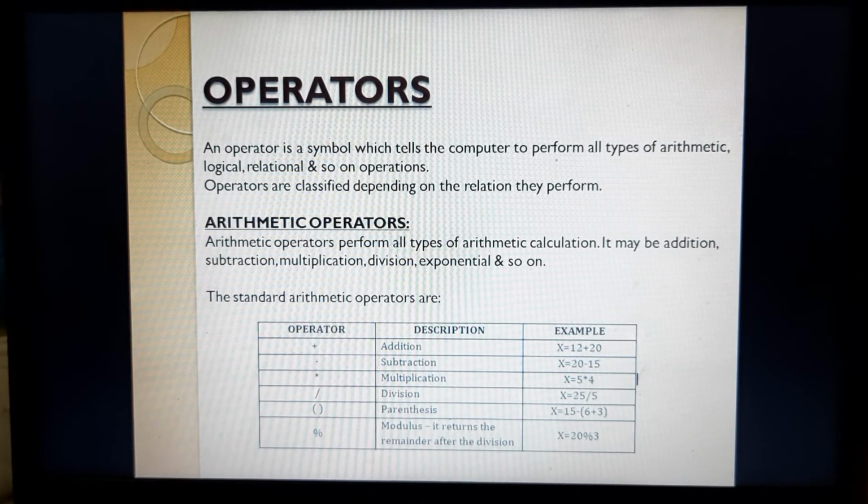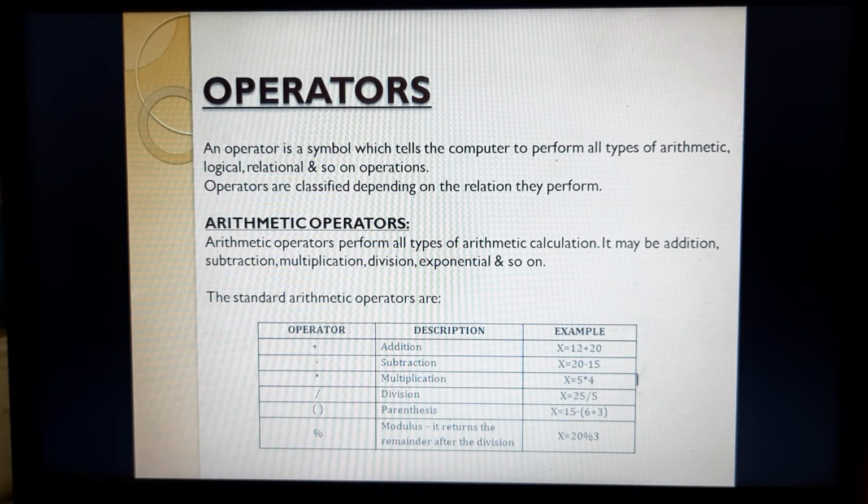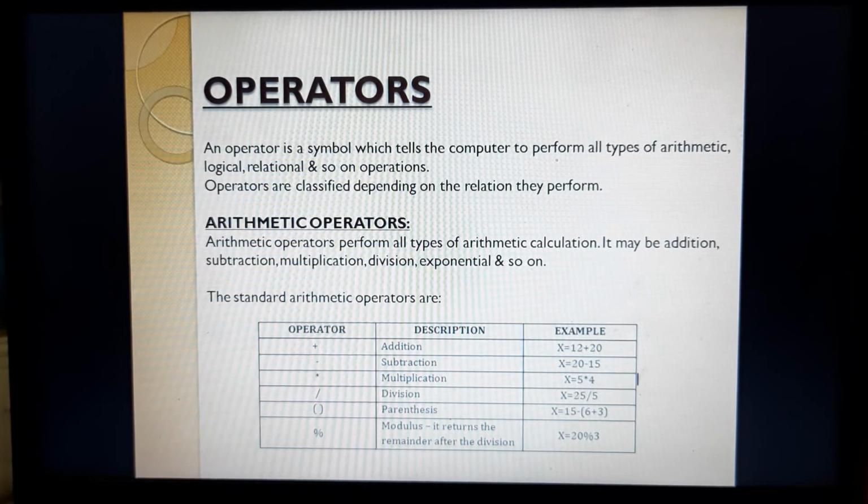So 20 is modulo divided by 3. So 3 into 6 is 18. So 6 is the answer accepted by the division operator, whereas the 2 is the remainder which is accepted by the modulo division operator.